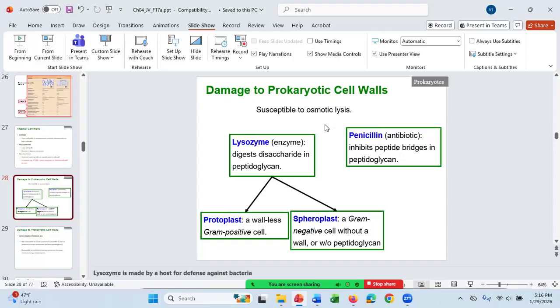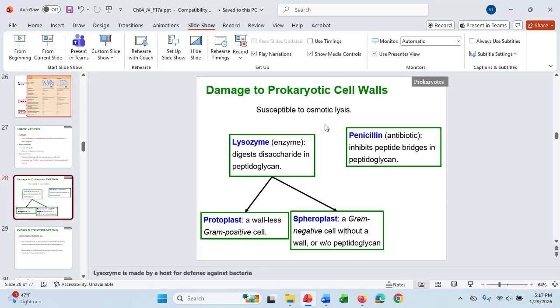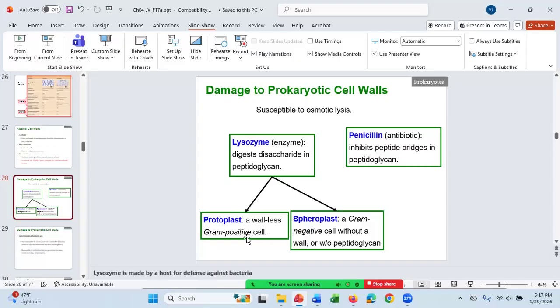You can also treat the cell with a lysozyme. This is an enzyme which you can actually find in your skin. It digests the disaccharide in the peptidoglycan, removing the cell wall from the bacteria. You don't need to know there are different terms for a wall-less gram-positive cell and a wall-less gram-negative cell. You don't need to know those terms. Just know that lysozyme can digest the cell wall of the bacteria, and then the cell will be